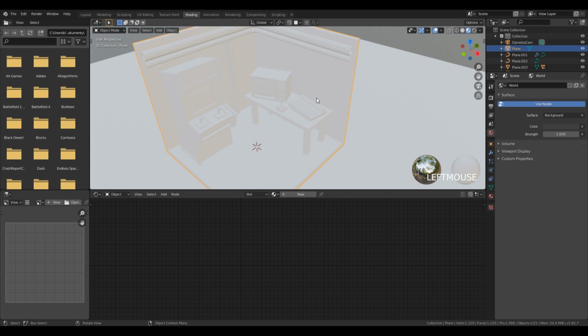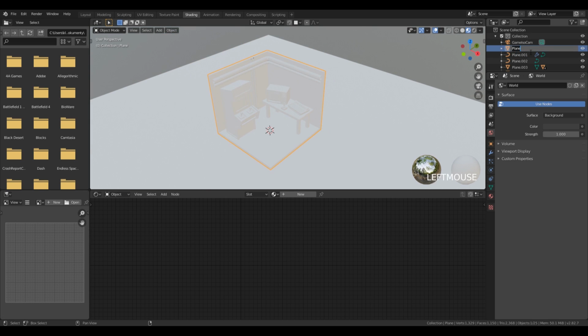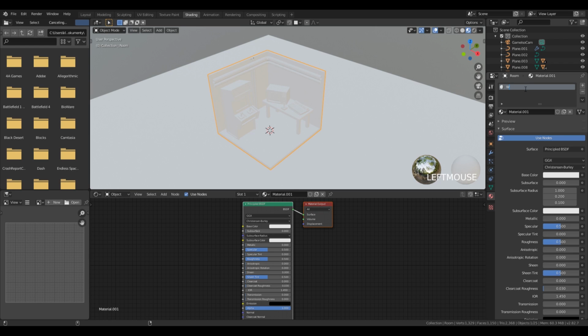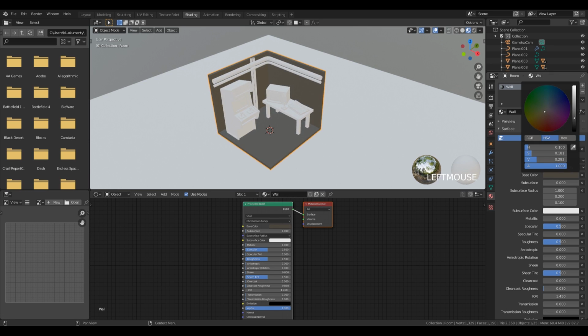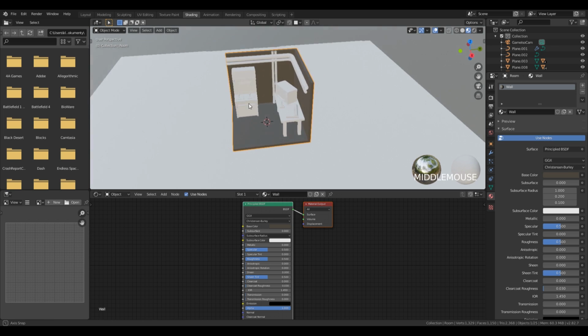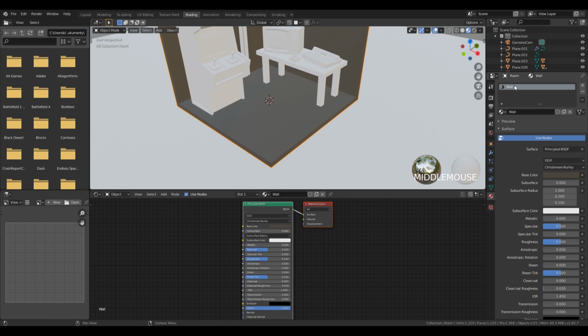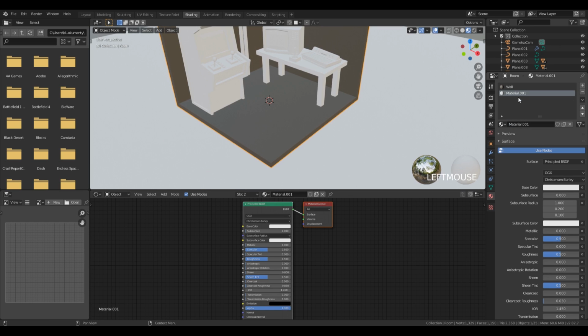and select our room object. Let's call that room, and we can add a material there. Let's call it wall, and that can be like dark brown material, something that the basement wall would have, but I want to create a different material here,